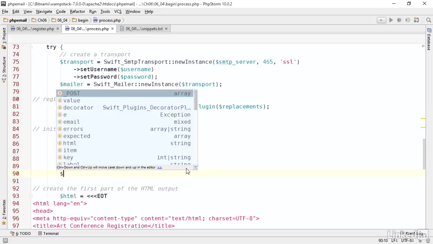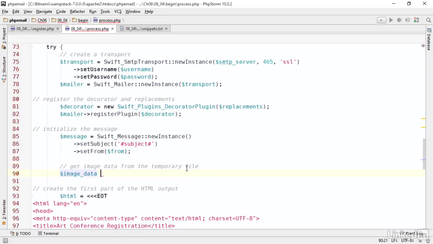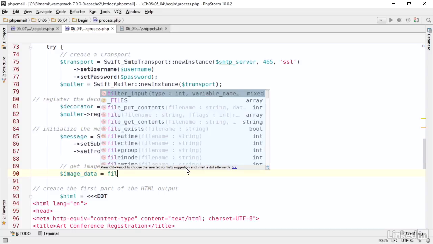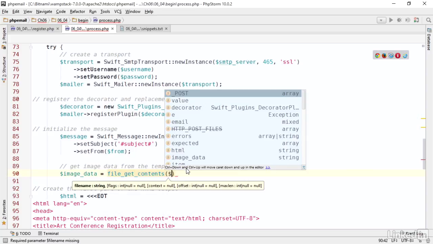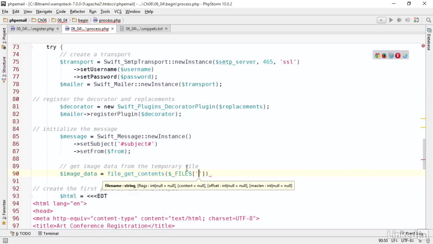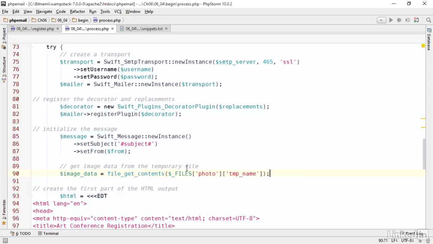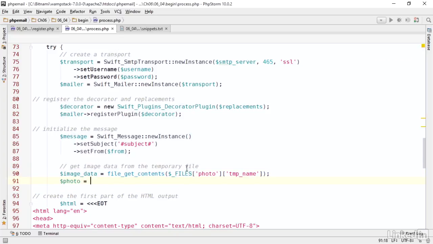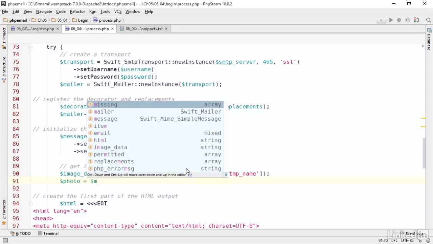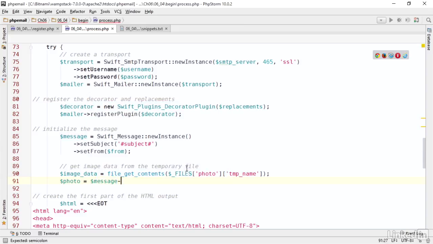So we'll save that as image data and use file get contents, and then we pass it the files array, the photo element, and then it is the temp name element that we want. Once we've got the image data, we can embed the image using a similar technique to the one used in chapter 4. So we'll save the reference as photo, and then we invoke the message object's embed method, and we